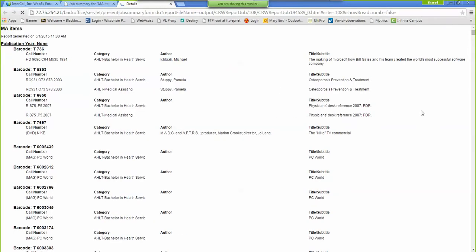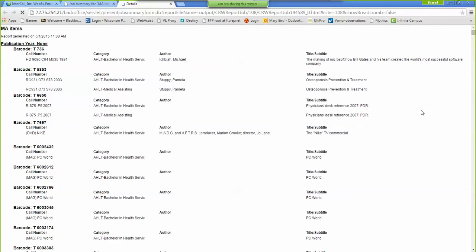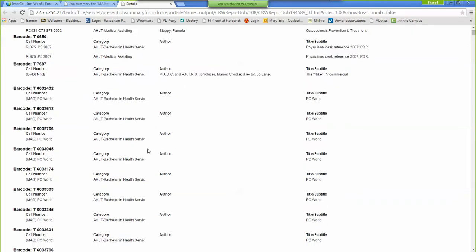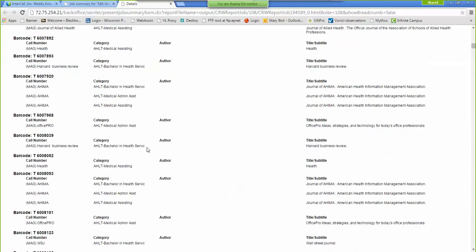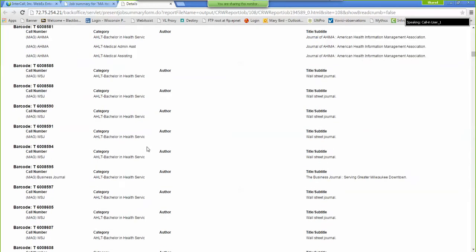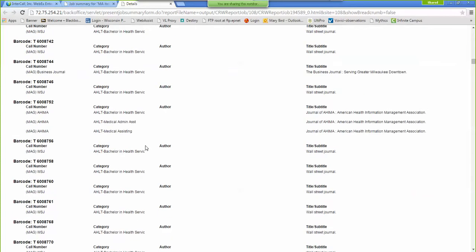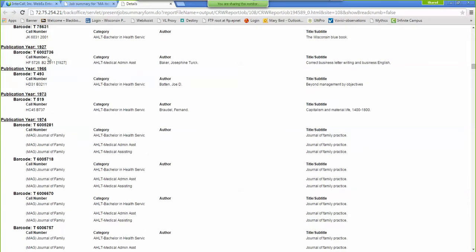When you open it this way, you can read it. The problem is that it's harder to manipulate the data, so when you open it in Excel, it's easier to work with that way. But yeah, you can do it this way too, and then it gives you everything in those categories. And this looks like it's all the journals, so it doesn't have any publication years, but then we can go in here and